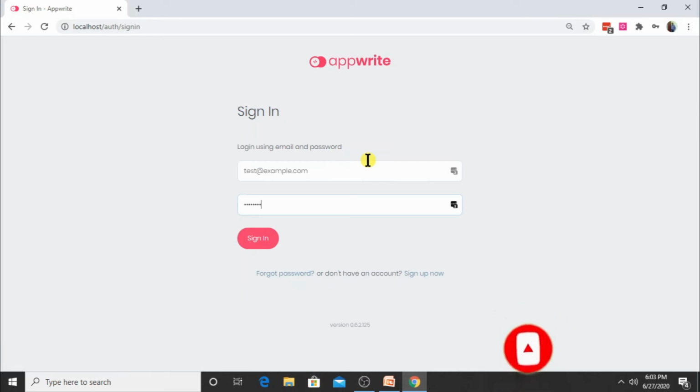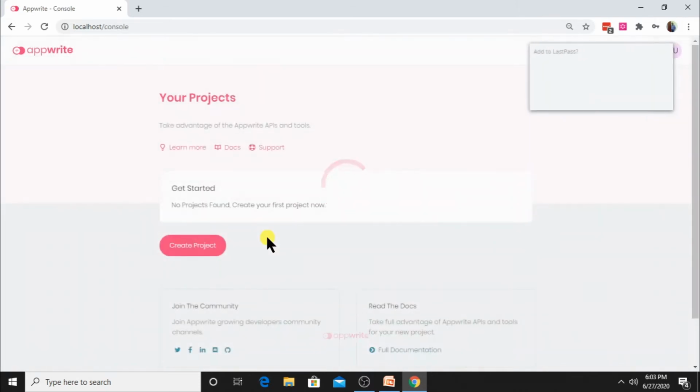Okay, let's log into the AppWrite instance and see how things work in action. So I have logged into a fresh system of AppWrite. There is nothing here. In my previous videos, I explained that the whole system in an AppWrite instance is arranged into projects.